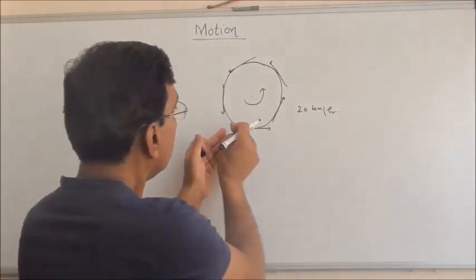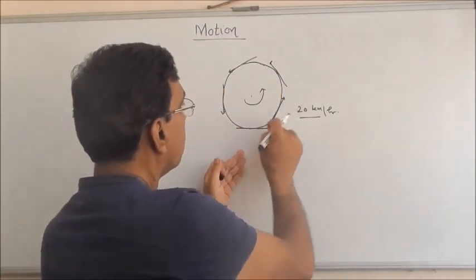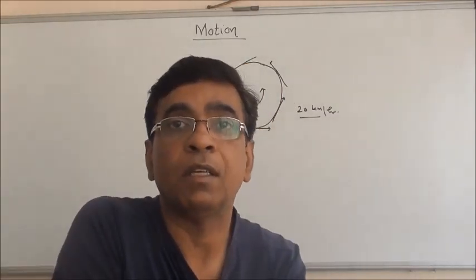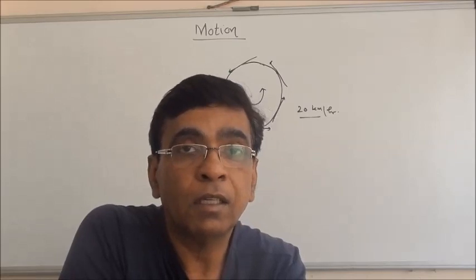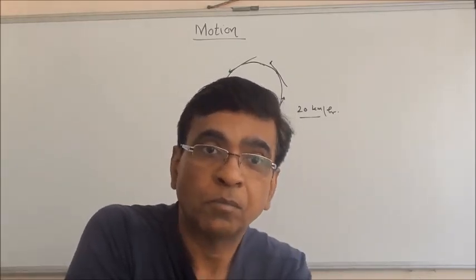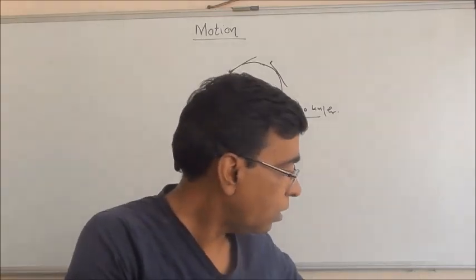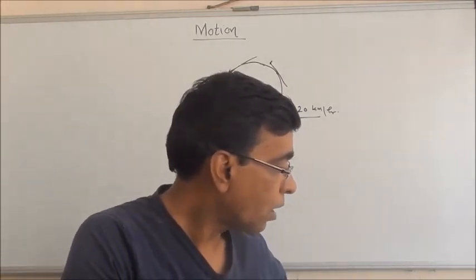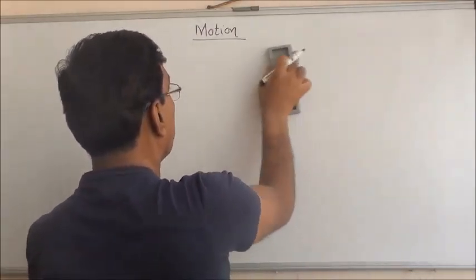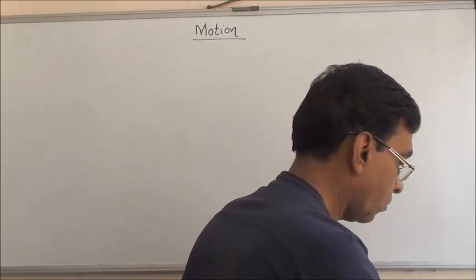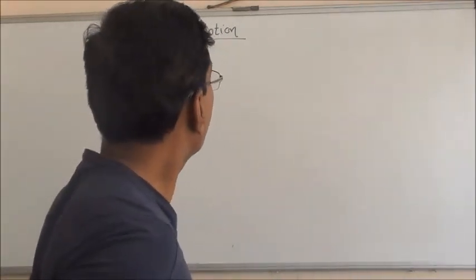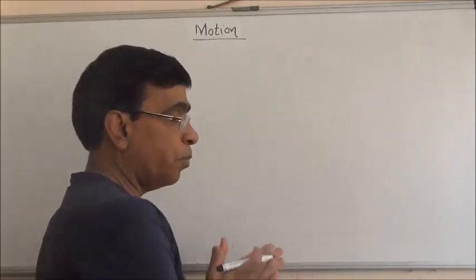So we say that even if the speed is constant, the direction of motion is changing continuously. And change in direction of motion means the velocity is changing. Now with it we come to another concept. If the velocity is changing, what does it mean? Or if the speed is changing, then what does it mean? Speed